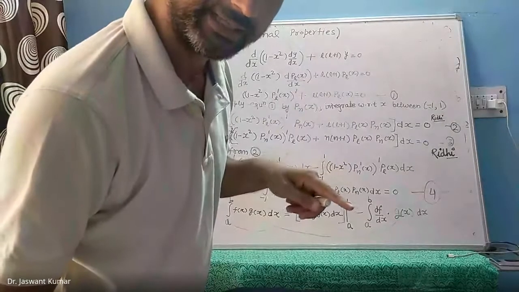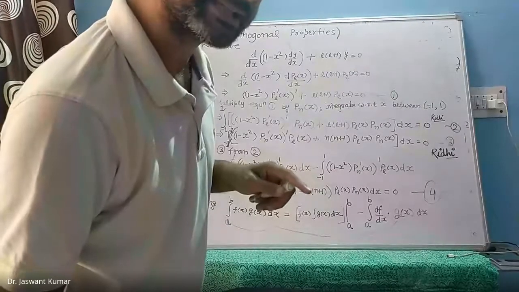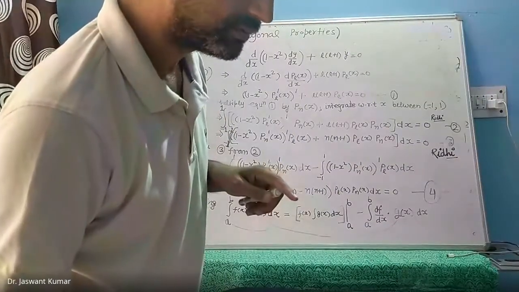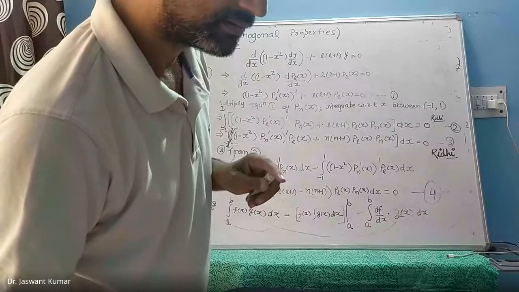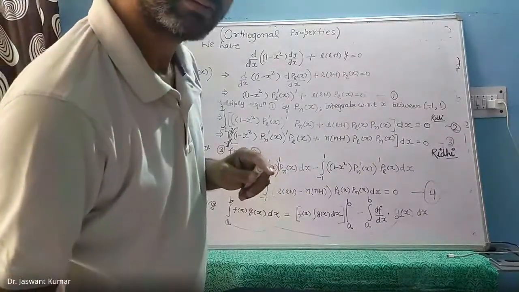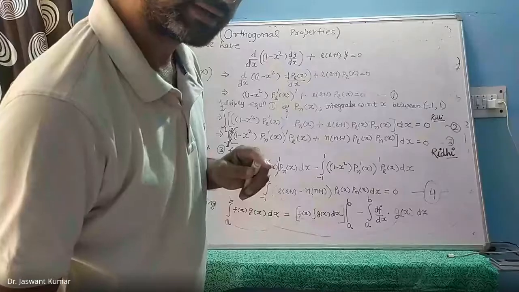Sir, inputting r equal to 0 in the equation. What do you mean, r equal to 0? What is R? What do you mean by R? Please answer. Sir, r means the constant in a n x to the power n plus r.